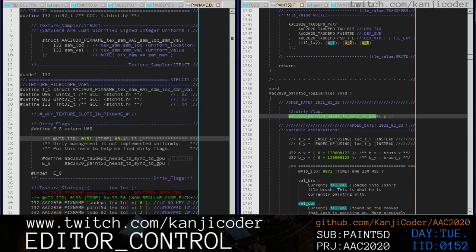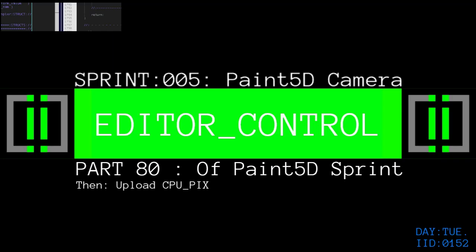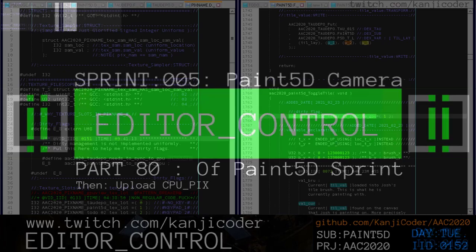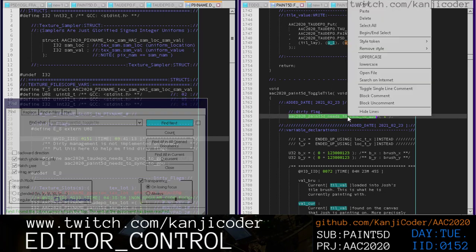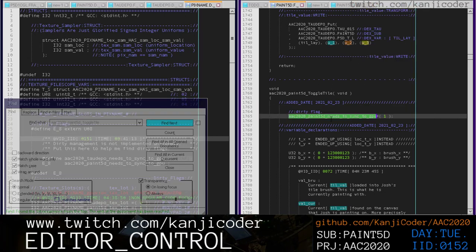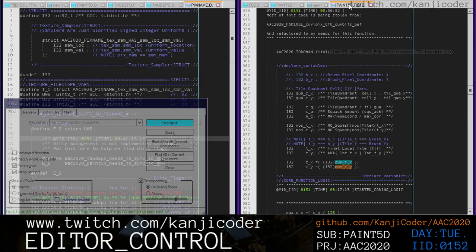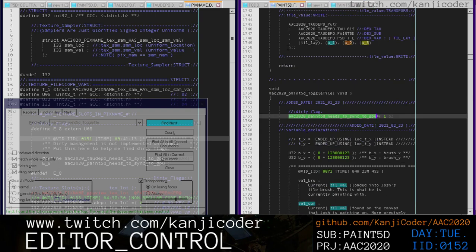So if we look at our title screen, editor control, part 80 of PAINT5D Sprint. And we have this then upload CPU pixels. We actually have that going already, but let's not worry too much about that. Yeah, so let's, right, we got the sync to GPU thing here going. And in our PAINT5D system,